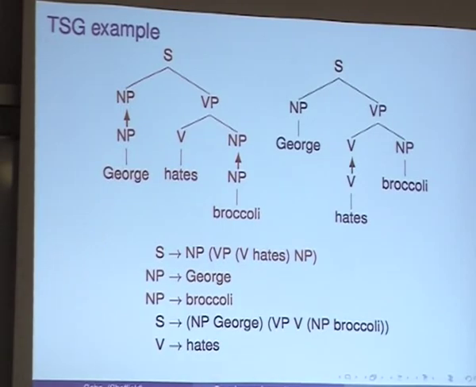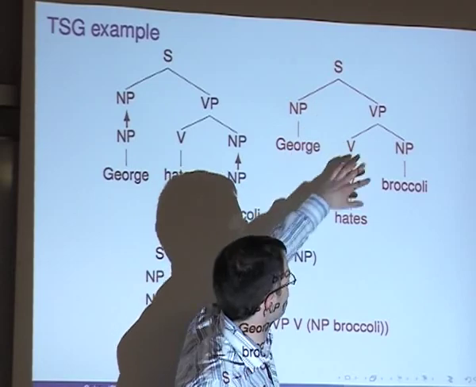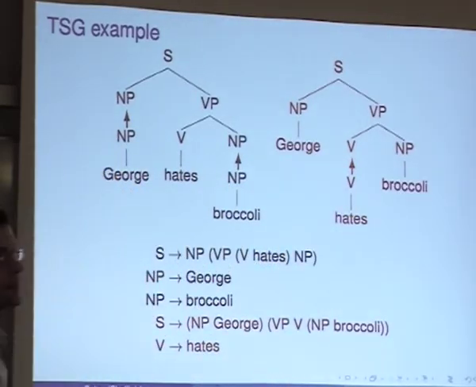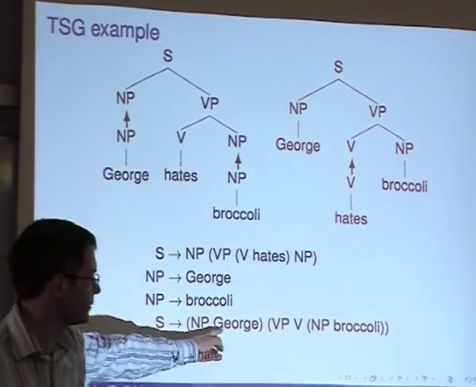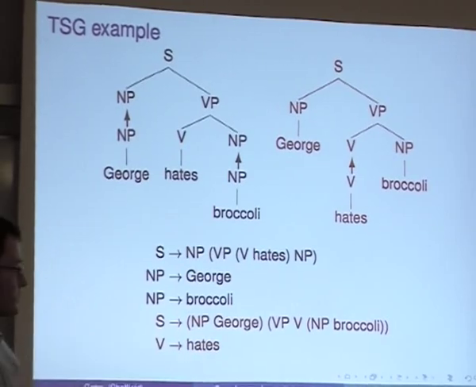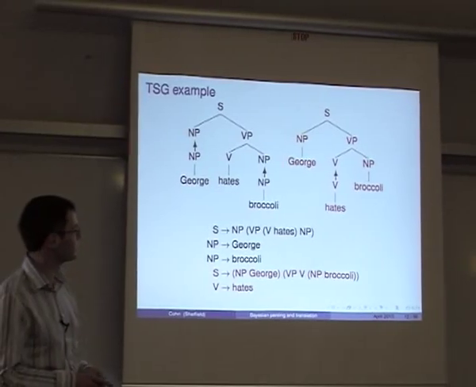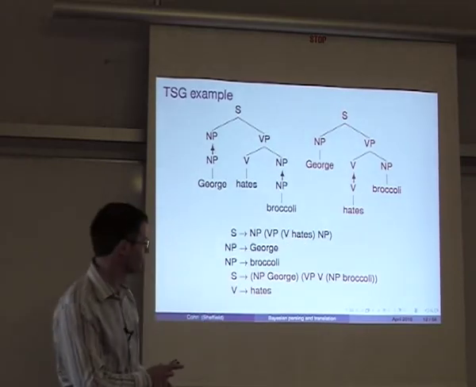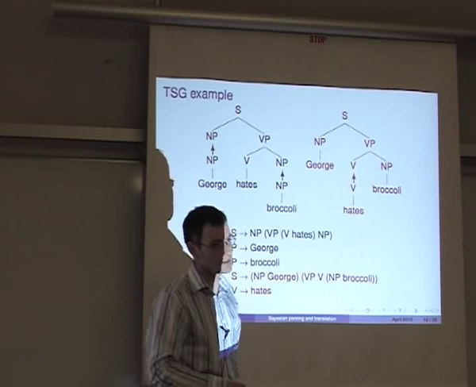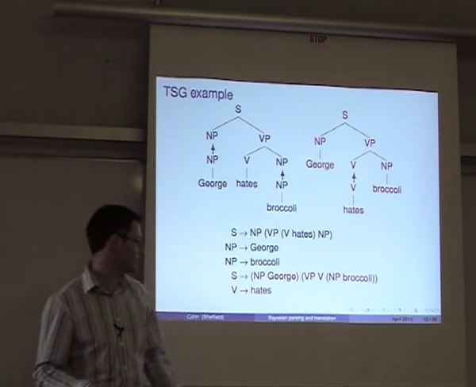In the second tree, we have a different derivation for the same sentence. So this is one issue with this kind of model, that we do have this derivational ambiguity. In this case, we've chosen to do a different splitting, and we choose to have a substitution site at this V denoted by the arrow. So we get a much larger fragment for George and broccoli, and we get one for hates. You could argue in this instance that both of these derivations are somewhat plausible. This one describes the frame for hates, saying that it's a transitive verb. And this second one denotes that there's some link, perhaps a semantic link rather than a syntactic link, between George and broccoli.